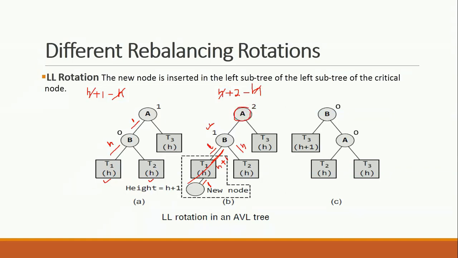Simply what you have to do is, from this point I have traversed, getting a rotation problem here, then you have to rotate in such a way. The problem would be an LL problem. This is the LL rotation required. How to get it? Taking this B, this particular thing, and do a clockwise rotation in this way.